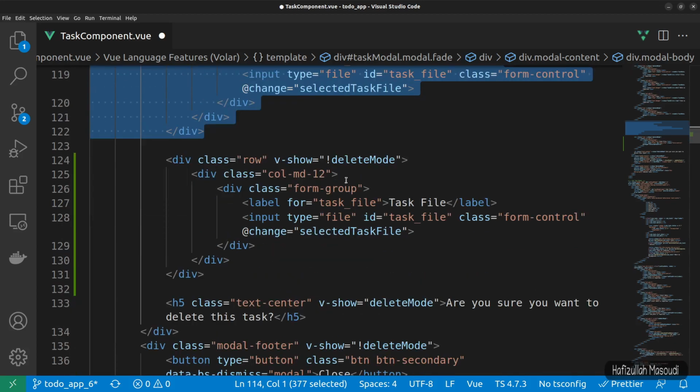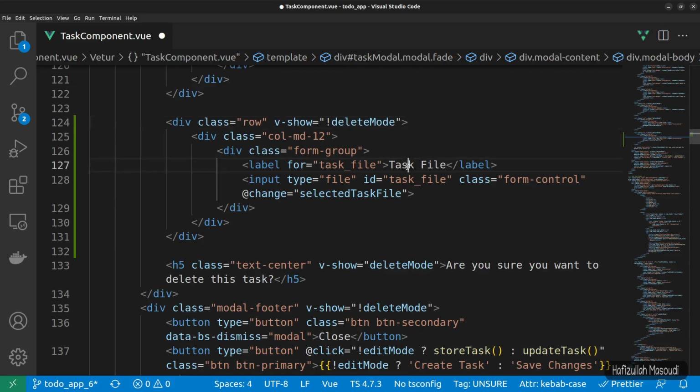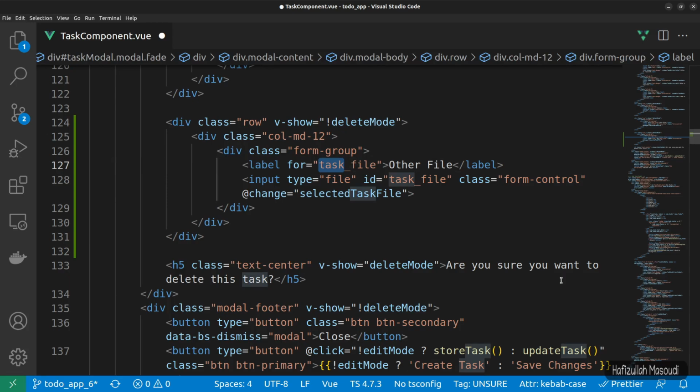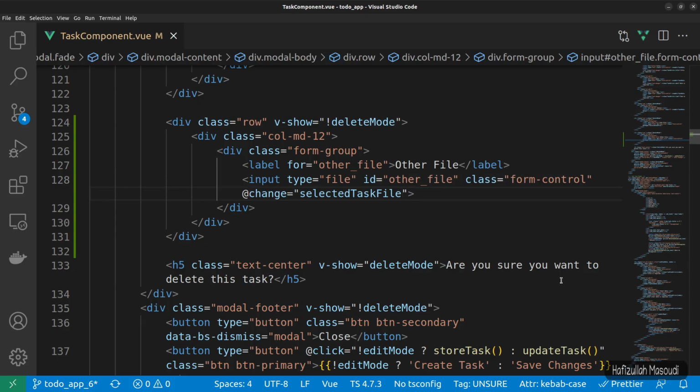and we want this one to be available when the delete mode is false, so it's okay. And instead of a task file, let's say other file, and in here let's also say other file. And for the input type, file is correct, and for the ID, let's say other file. And we also want a change event assigned to this input field, but for the function name, let's say selected